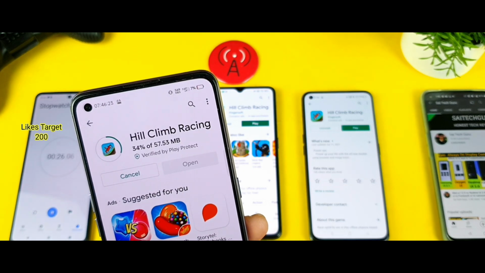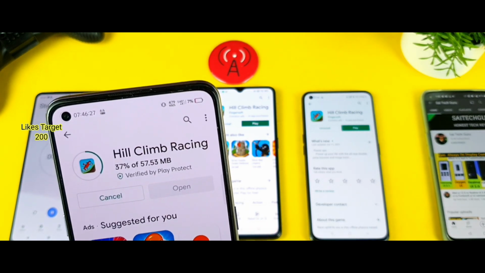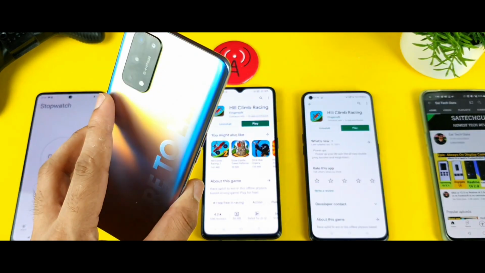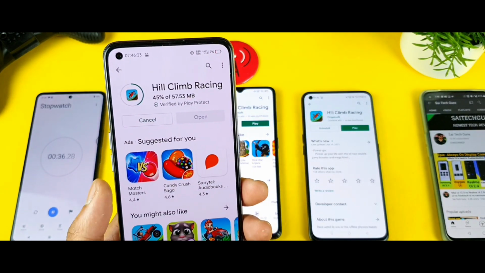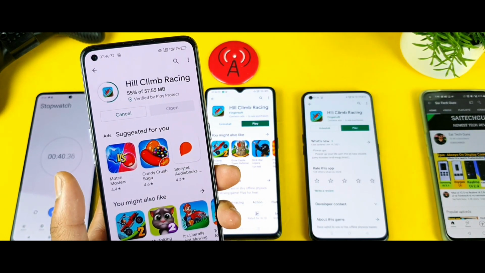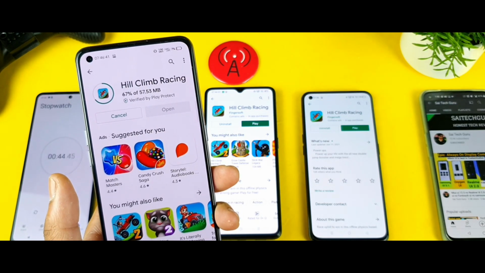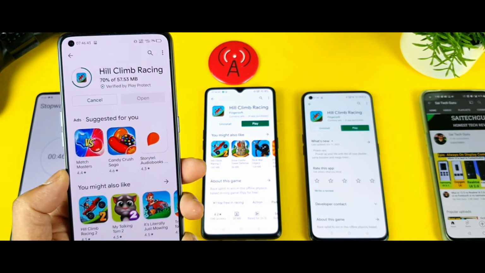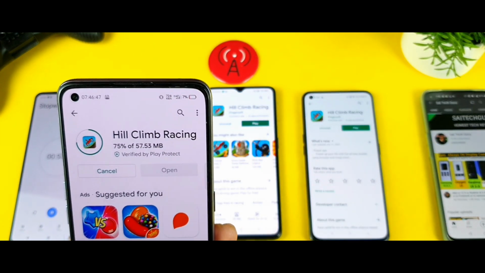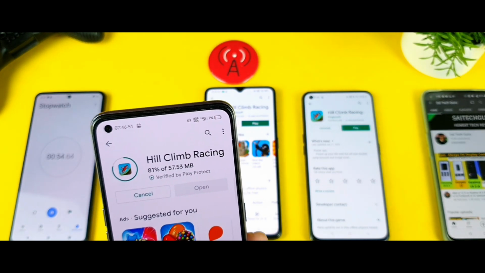So 32 percent and 36 percent. Even by using a single phone, the speeds are not that great in the Realme X1 Pro. This is an indoor type of testing which I'm trying to do, friends. Indoor, that is the reason. If you're in a closed environment, maybe office buildings, you should know this kind of thing before actually buying the phone: which phone has what kind of 4G network speeds indoors. That is the main reason I do this kind of testing on my channel.